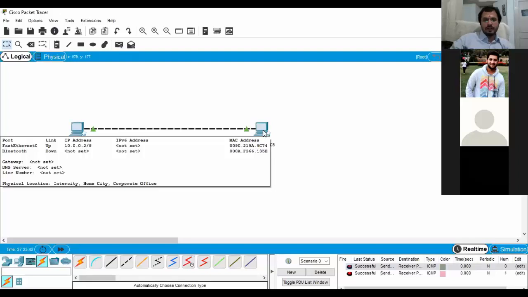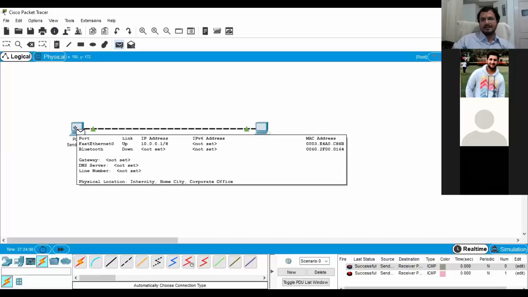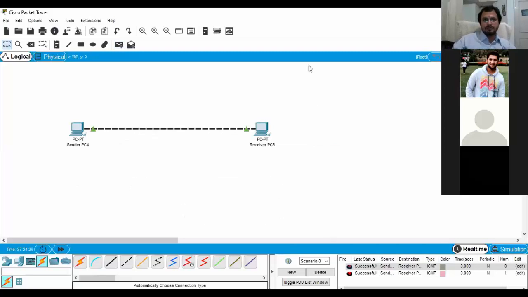So it clearly defines that for a network to have successful communication, we need one sender, one receiver, a communication channel, a message that needs to be delivered, and protocols. And protocols play a very important role. If they do not have the same protocol, then they will not be able to communicate. It's just like how I am conducting this class and I am talking in English and Hindi, because you know both these languages. So this is a kind of language for them, right? So this is the first thing that you must know.